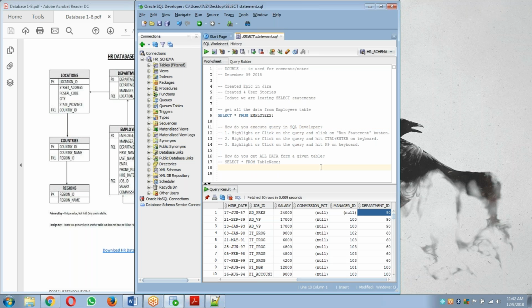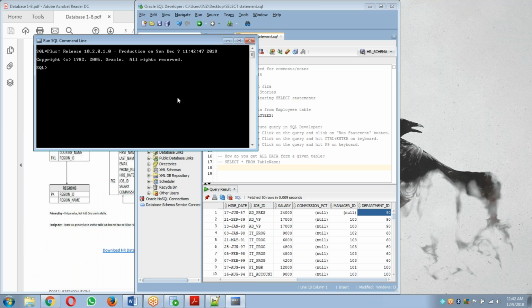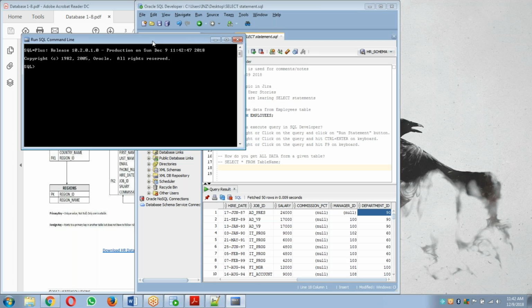Some of you already know the fact that you already have another tool installed, which is Run SQL. Before SQL Developer, if you have someone in your company that's heavily into DBA, or they have a high role of database testing, they will have something like this, something black and white. It's good to have that, but it's not